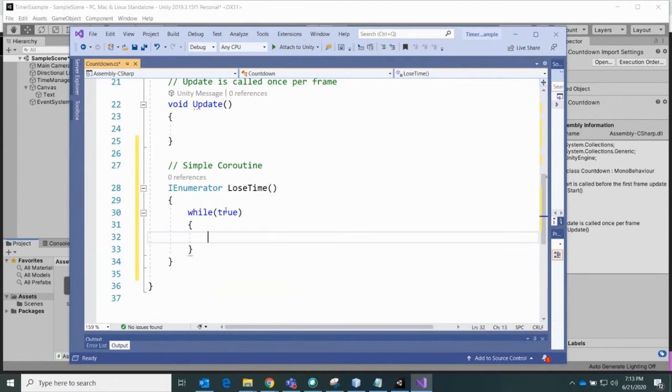And what this is saying is basically while it's true, it's going to now wait each second. So what we're going to do is we need to create something that's going to wait each second and then the next line of code we're going to reduce by 1 second. So waiting